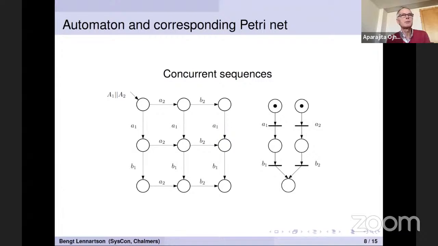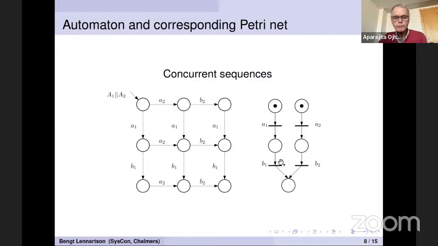That formalism is also sometimes called interleaving, if you have heard that. I will not talk very much about it, but it's a common notion in formal models and also in the planning literature. Now it's interesting that if you use the Petri net, you get a much simpler model in this case, because